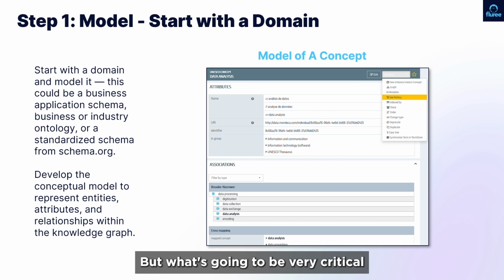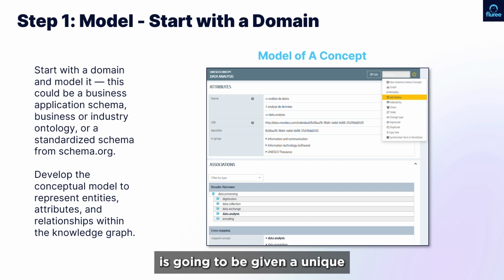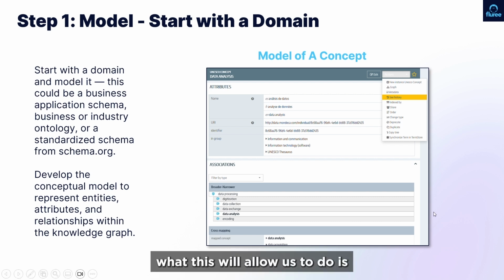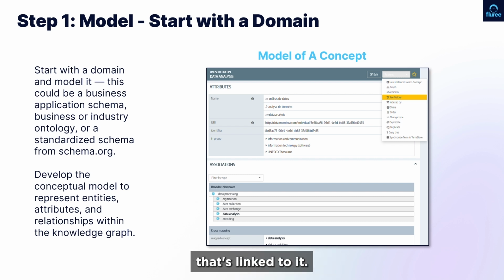But what's going to be very critical is that each unique concept, or each idea or thematic element of your ontology, is going to be given a unique identifier, a unique ID. And that's important because if we can link or associate your data to that ID, you can carry and inherit all of this knowledge associated to this concept back to that specific term that's linked to it.